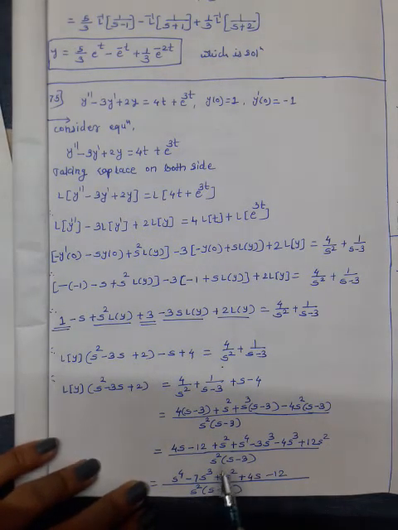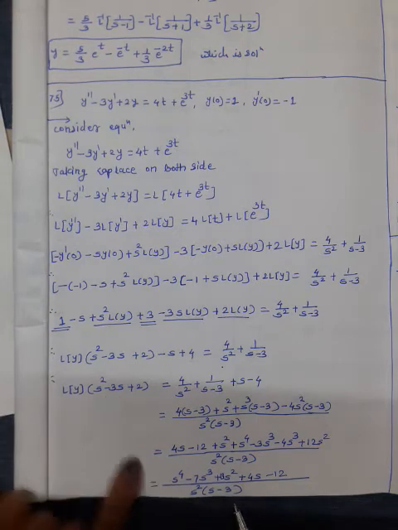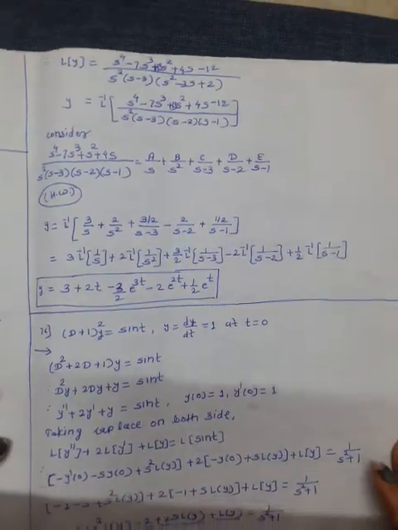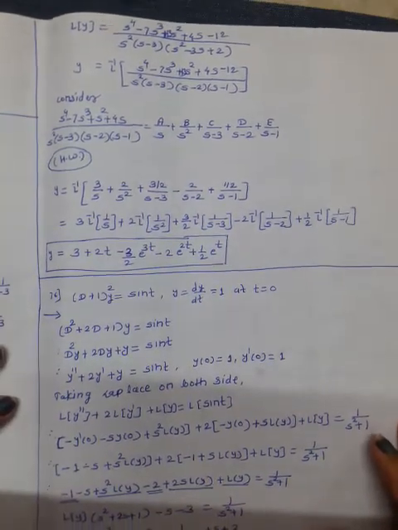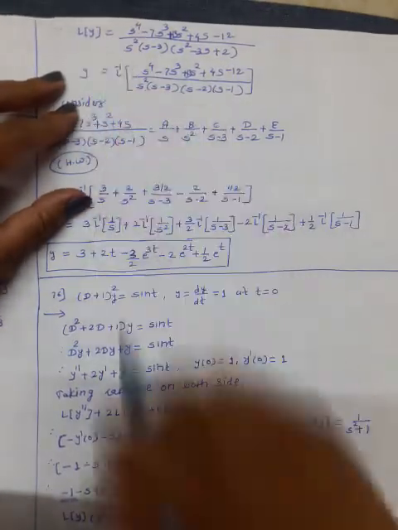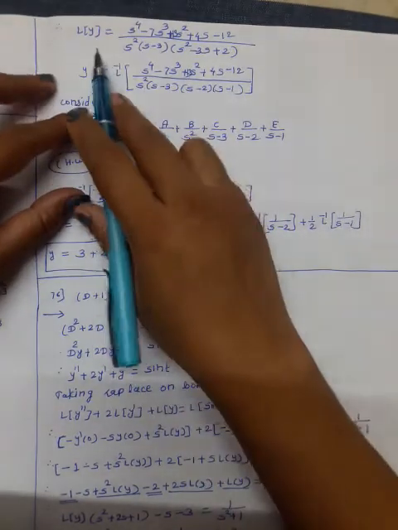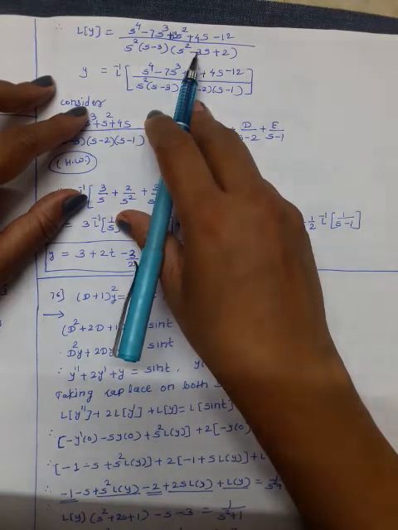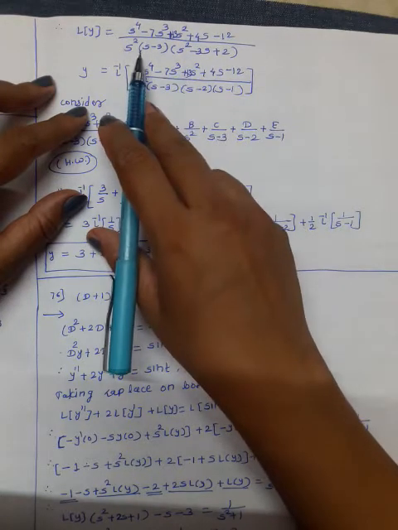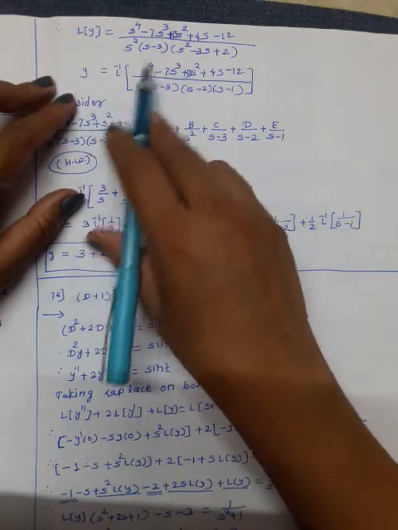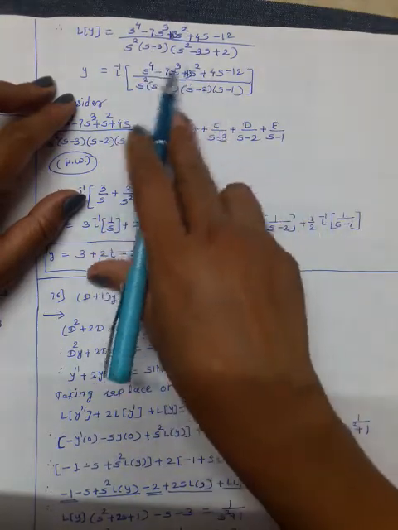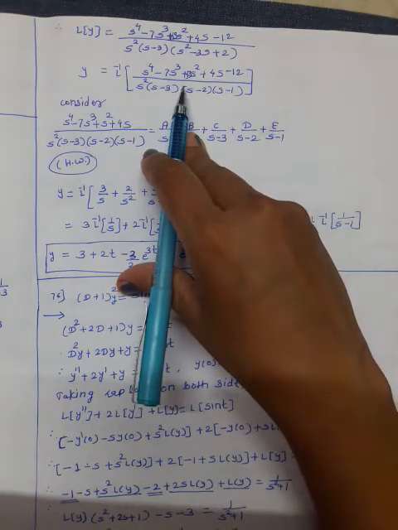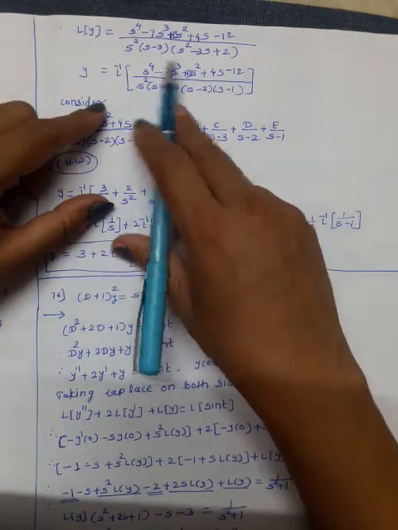Now once we solve this, take this term from the denominator to this side, we get L of y is equal to this whole term as it is divided by this bracket. Now if L of y is equal to this, take L on the other side, we get y equal to L inverse of this total term, and for this we have to use the partial fraction method, so in the denominator we have to factorize